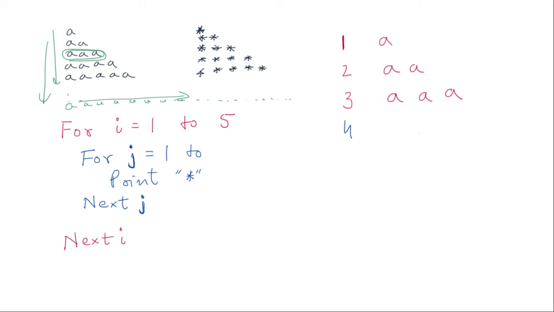Mind you, I is, mute yourself, whoever is that. I is like 1 and then 2 and then 3 and then 4 and then 5. I is going from 1 to 5. I'm not changing anything, I've already told you. I is that, so it represents the line number. The printing is happening under a J loop. Is that clear?